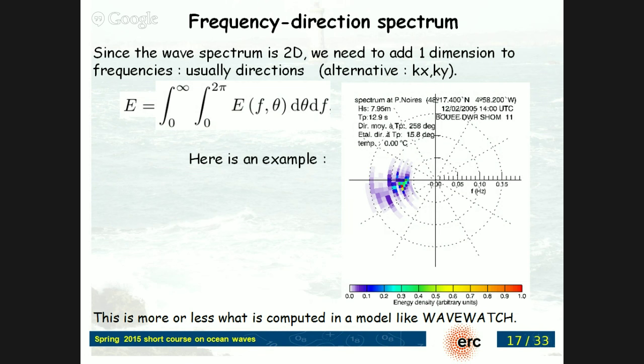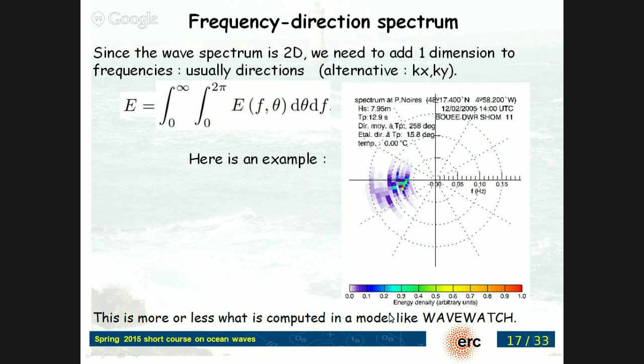And the energy is mostly coming from almost the west, slightly west-southwest. You also have some energy at higher frequencies here, shorter waves, but you have no energy coming from the east. And of course, in a coastal area like here, with the ocean on the west, most of the waves are coming from the open ocean from the west. And this variable, the frequency spectrum in frequency and direction, is actually the state variable of the wave model.